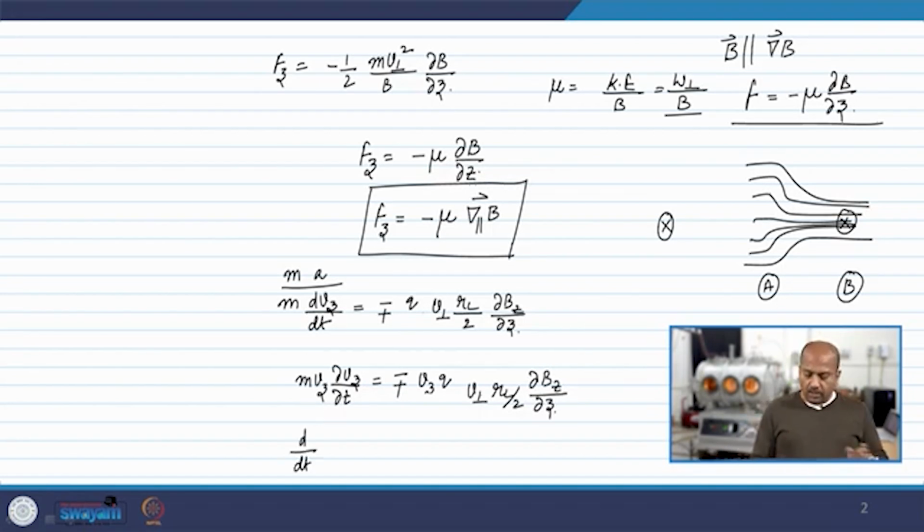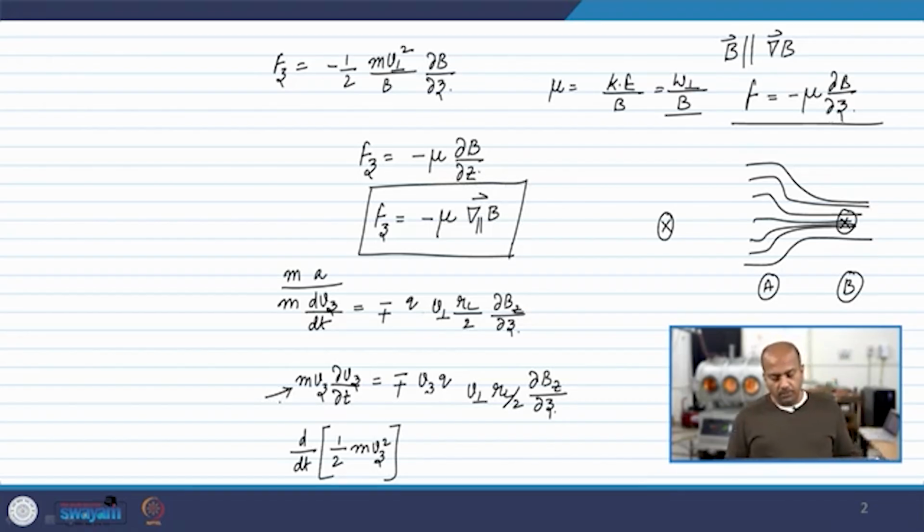So, the reason that I have multiplied with Vz is that I will be able to write the left hand side as the rate of change of kinetic energy. So, if I take a derivative, what will I get? Half times m times 2 Vz ∂Vz/∂t. So, 2 gets cancelled, we will still have the same